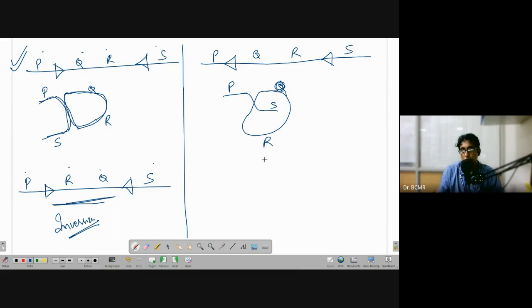If we keep these two molecules differently, we would get P, a recombinase recognition site, and yes. And the other one would have been something like this: R and S. What has happened? The original sequence was PQRS, but now we have P and S in one DNA molecule, and R and Q as a different molecule. What has happened? Deletion has happened.